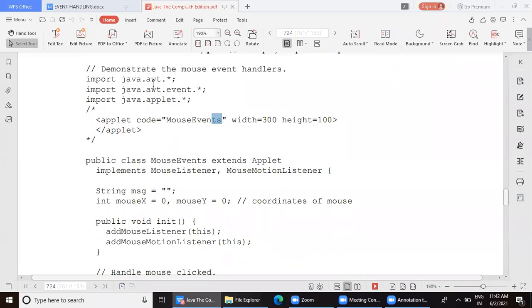I think it should belong to the AWT package itself, but I will confirm and let you know. Or maybe it is related to the event package, but exactly which package. So when we are importing this, those interfaces and classes will come to your program just with this import statement. Fine, and then you will be able to use them freely.